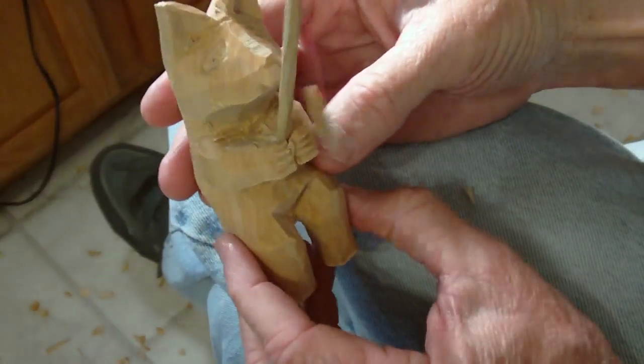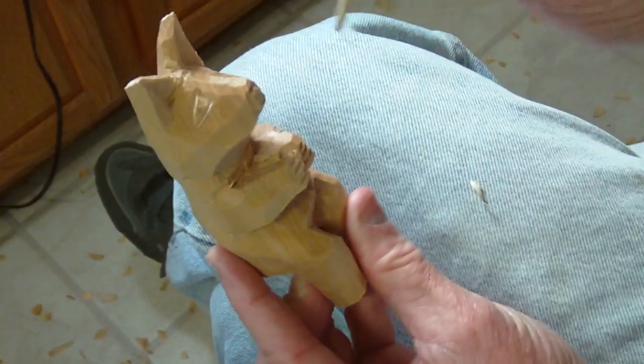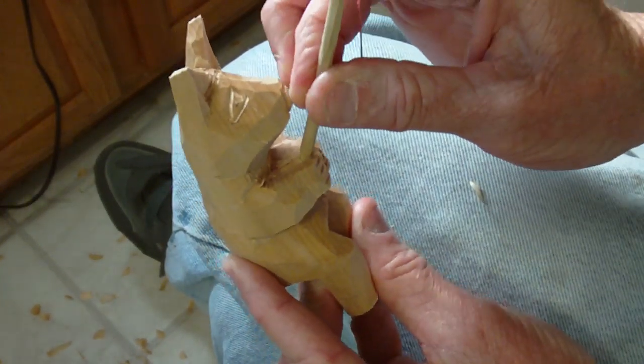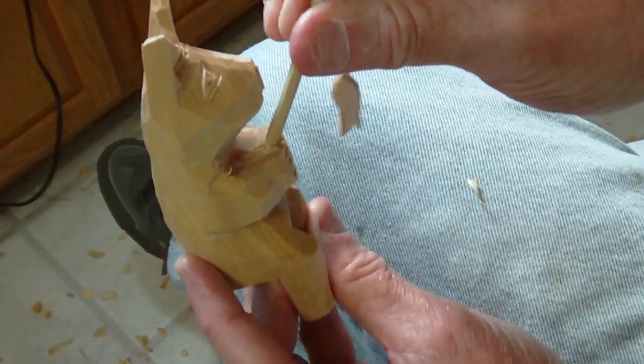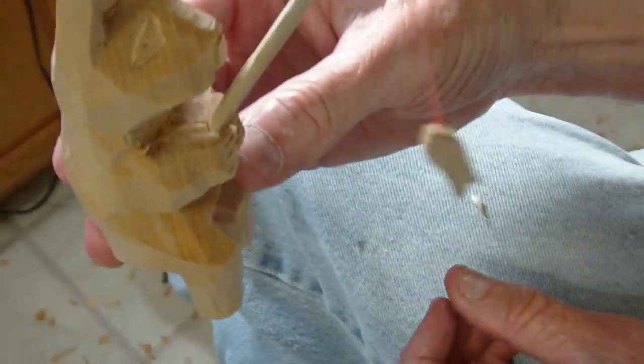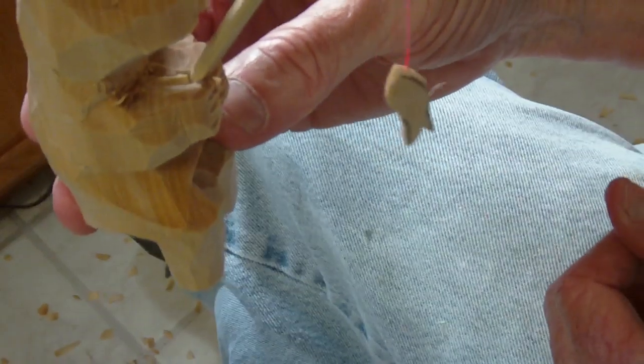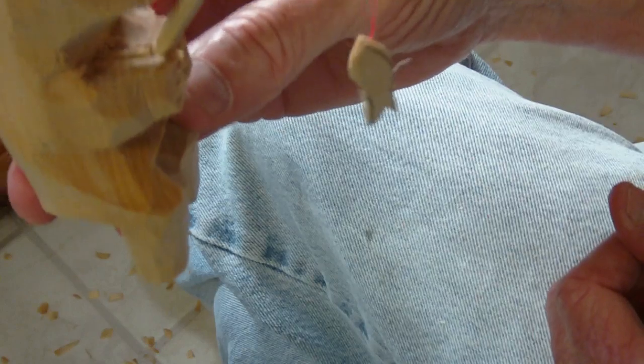Okay, I wanted to show you, I drilled that little hole here, and I put my little fishing pole in there, and the fish is basically, you can cut it out. Now you can shape it. I didn't really shape this fish. I may shape the finished piece a little bit, but